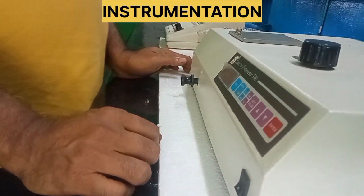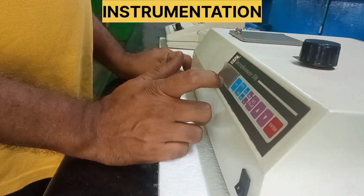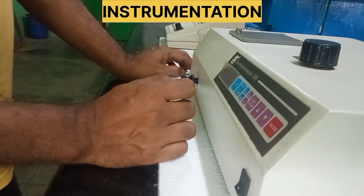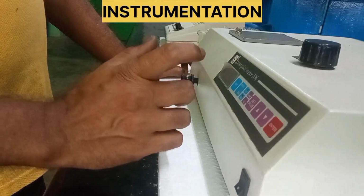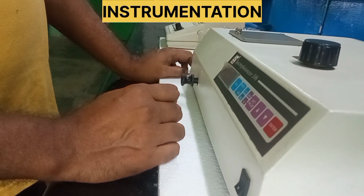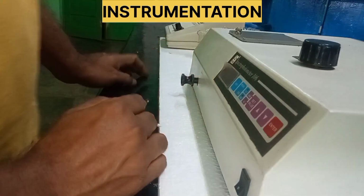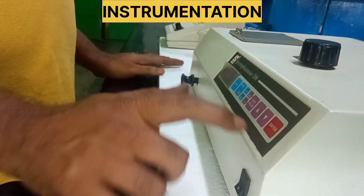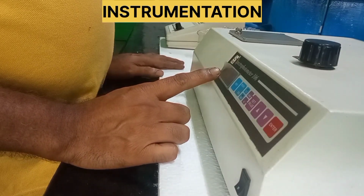This is a Systronics single beam spectrophotometer 106 configuration. There are the following parts that consist of this instrument, that is a display system which contains an LCD display